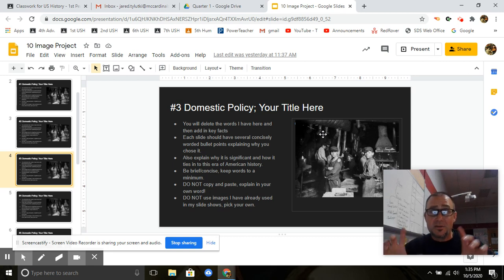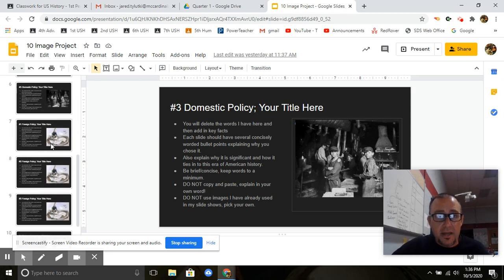So using the image of the book, The Jungle, or something from a meat packing plant from the era, that would be a good thing. And if you look at the day I did The Jungle, there was a list of a bunch of laws. Go in there and check out some of that stuff. That would give you a lot of key terms and things that would definitely fit into this project, and it would give you some ideas for images to go track down. Think of trusts and monopolies. I'm trying to think of some of the other vocab words that I'd use, but you really have a lot of different options there. And if you're struggling to come up with topics, for goodness sakes, shoot me an email and tell me you're struggling, and I'll give you some ideas and try to help you out with it.